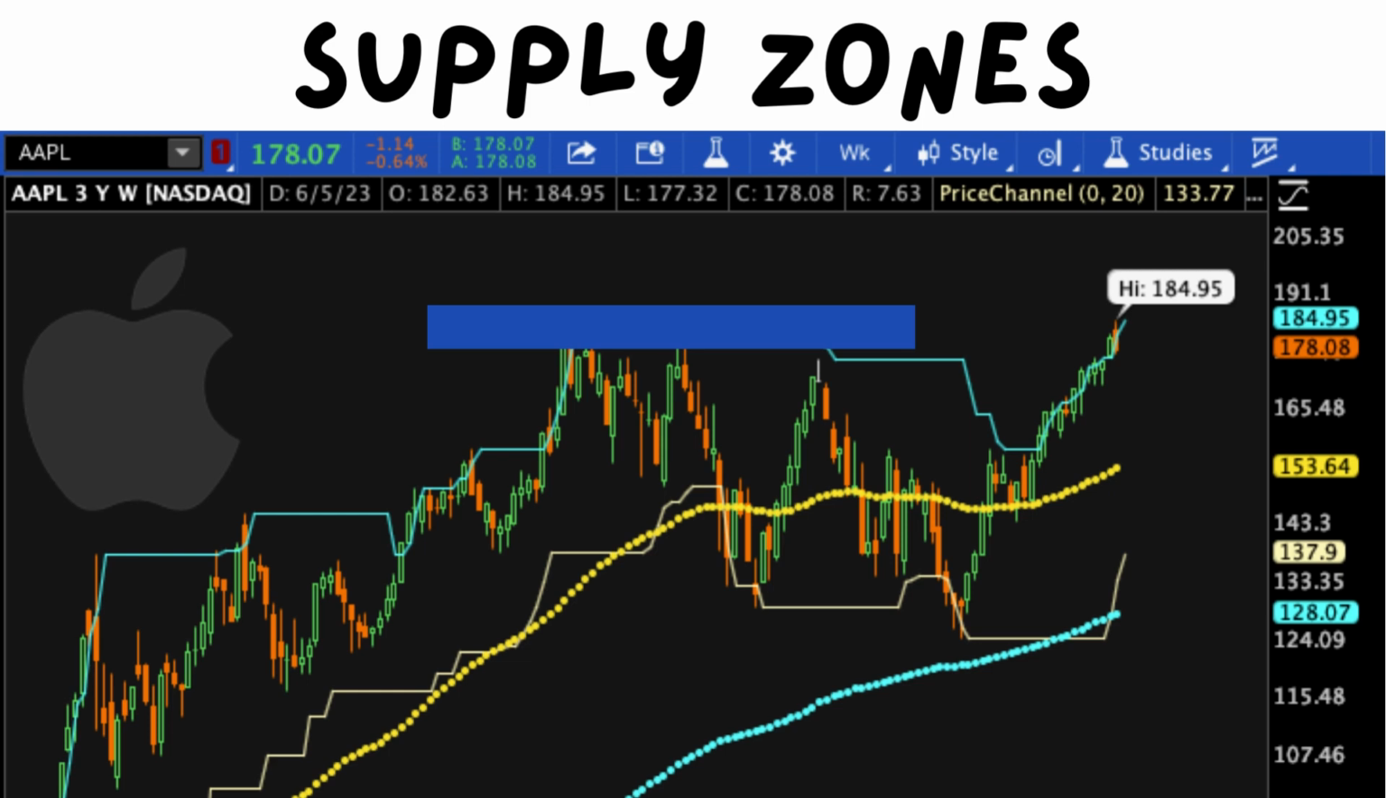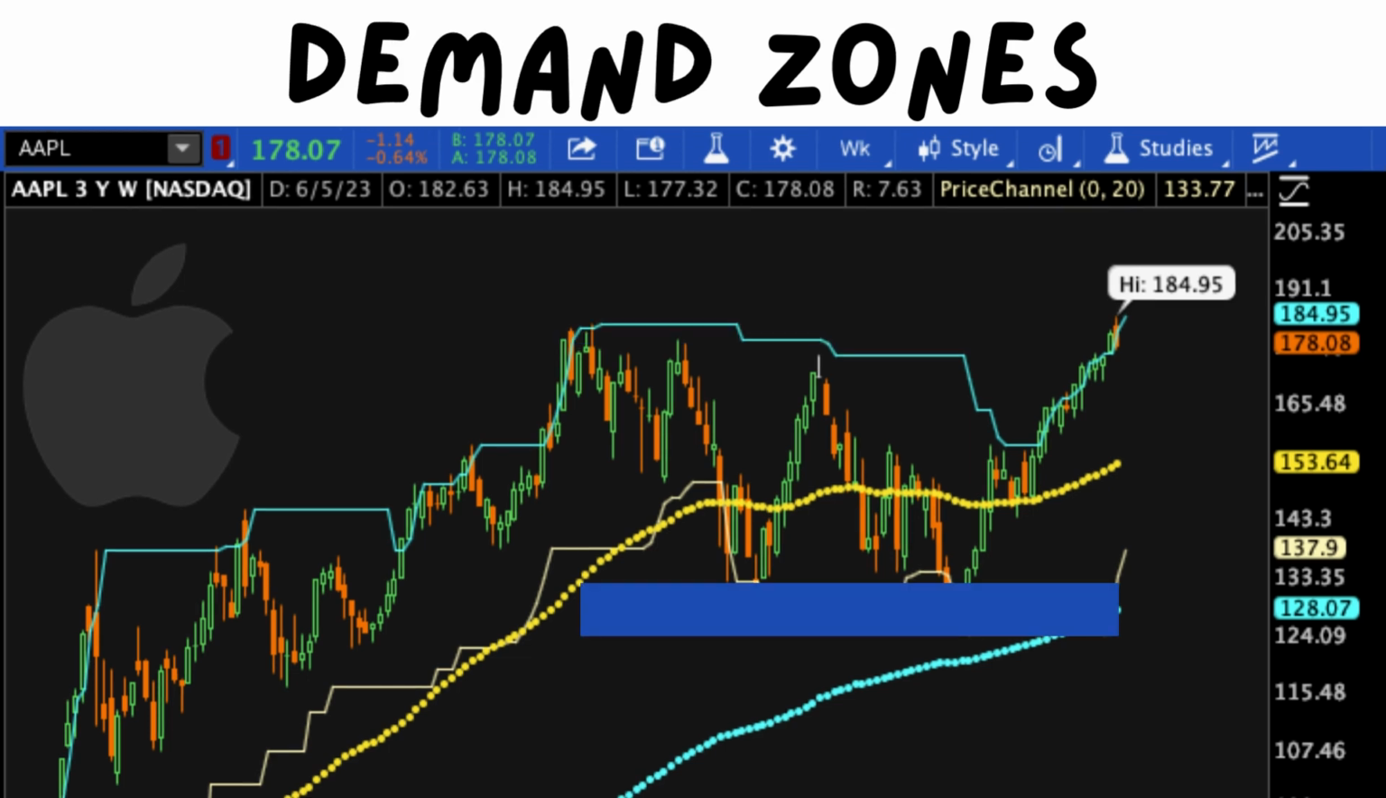To draw a demand zone, look for a price level where there is a significant amount of buying pressure. This can be indicated by a large number of green candles or by a sharp rise in price. Similar to supply zones, I like to imagine this is where people say, okay, now is a good time to buy this particular stock and enter into the market. Once you've identified a potential demand zone, similar to supply zones, draw a horizontal line or use a rectangle to